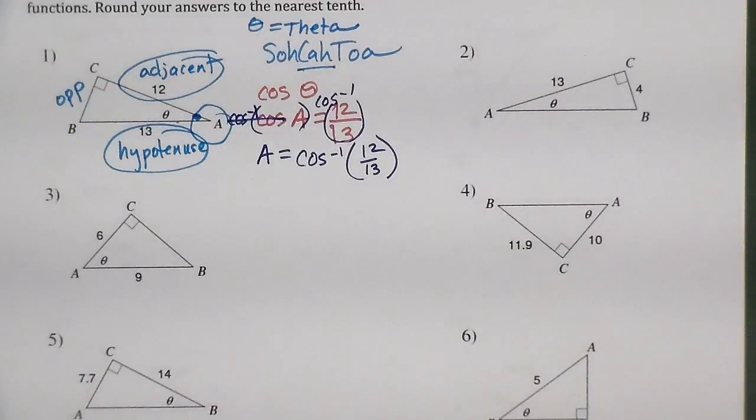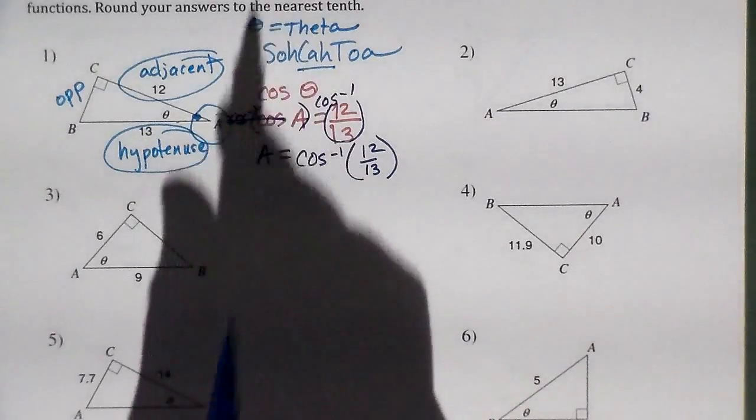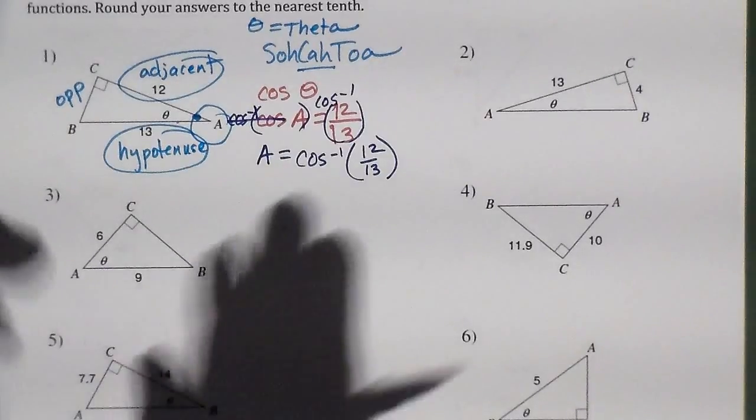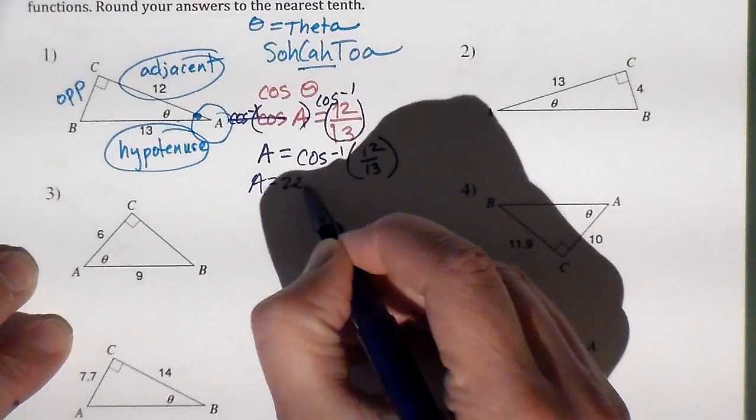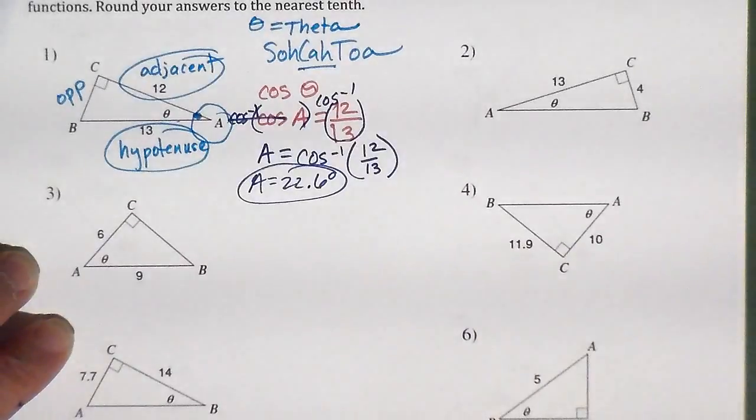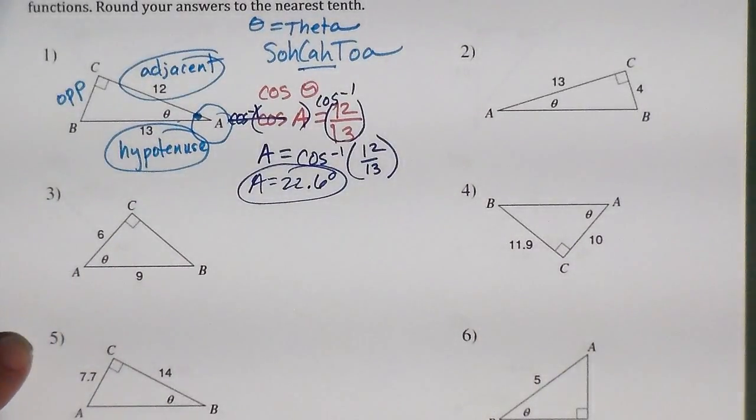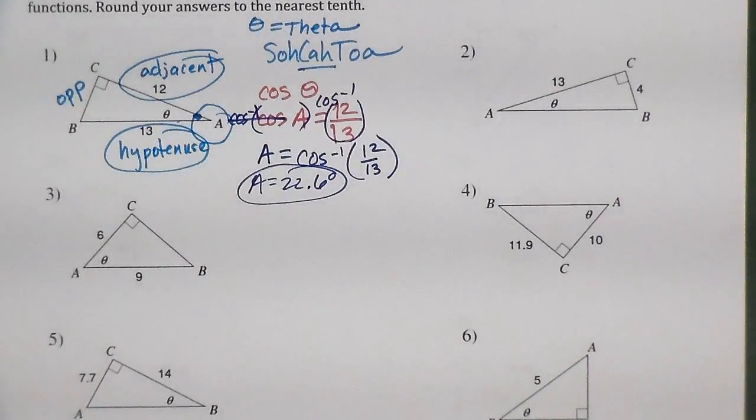You're going to hit second cosine, which is your arc cosine, your inverse. And then you do 12 divided by 13. And you get 22, it says round to the nearest tenth, you get 22.6. So A is 22.6 degrees. Okay? And again, I just wanted to show you one example, or a couple of examples using theta. Let's do one more, and let me pick a different function. So that's cosine, and let's